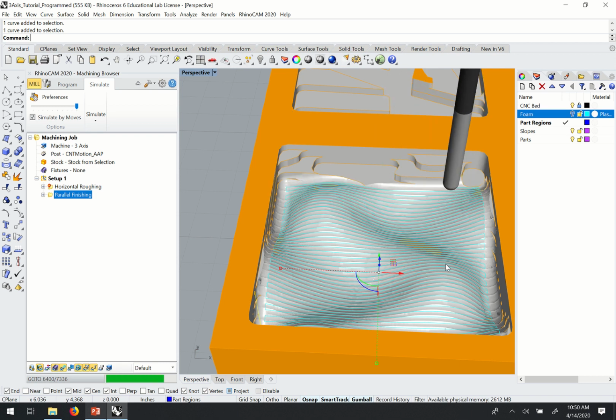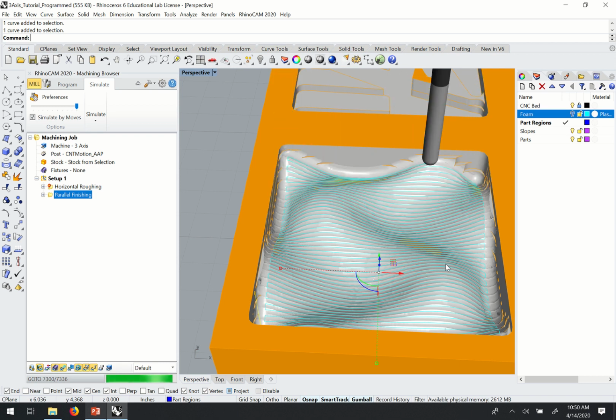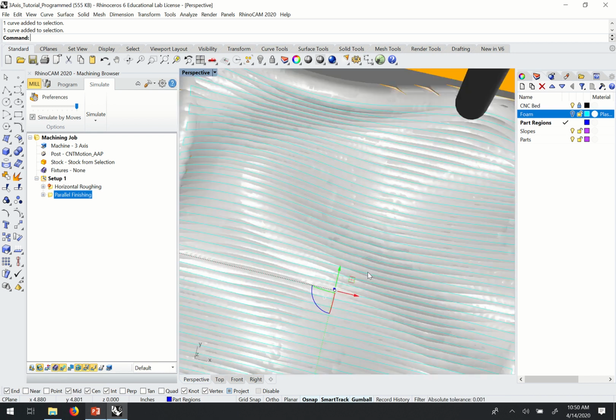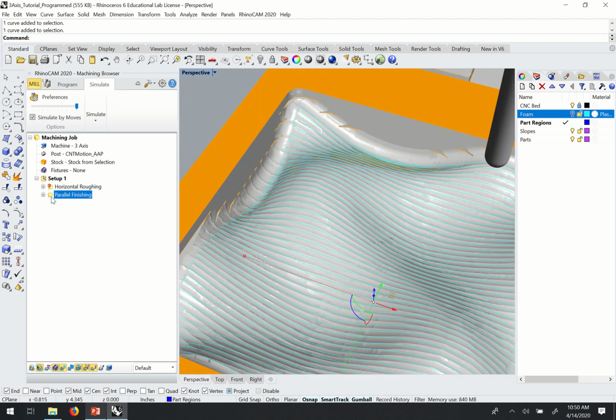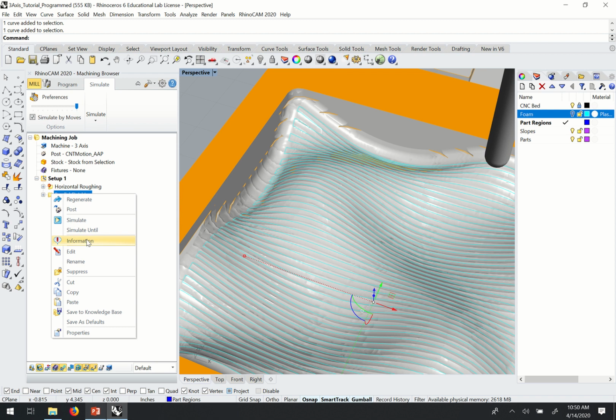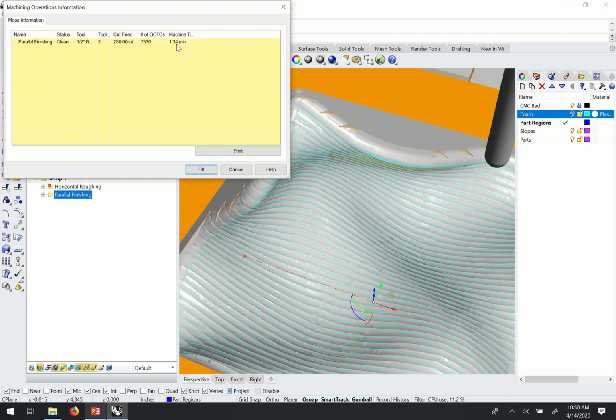This is now my step over is twice as much as it was. So my time estimation, if I right click and get my information here, now I have just about 2 minutes to do that finishing pass,